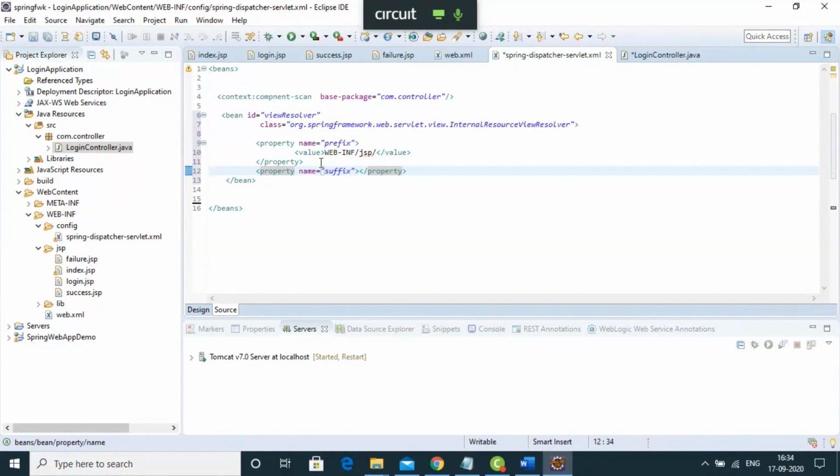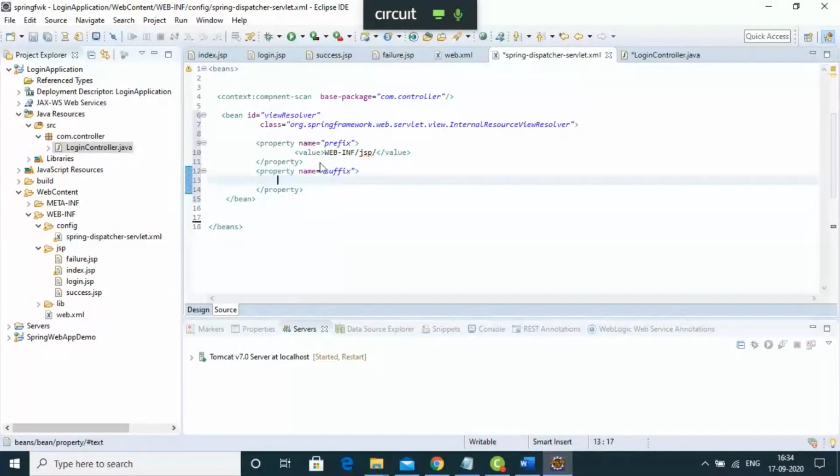So if the suffix is .jsp extension, then view resolver can understand that it's a JSP page and it'll forward